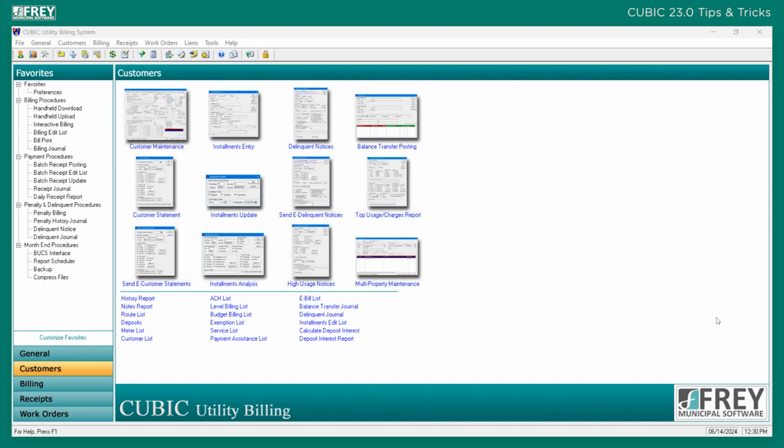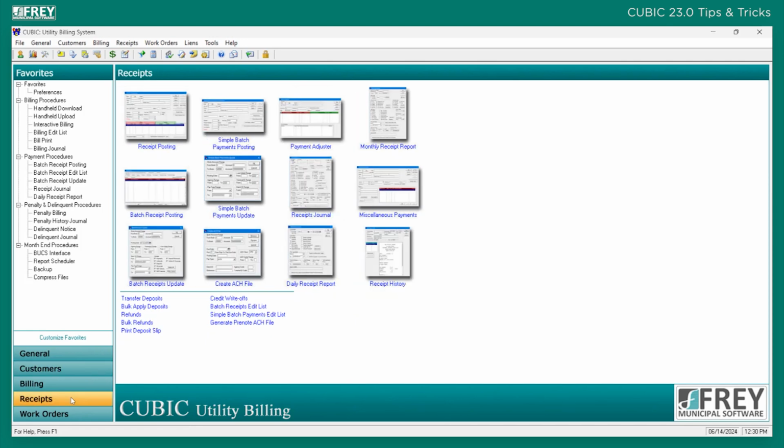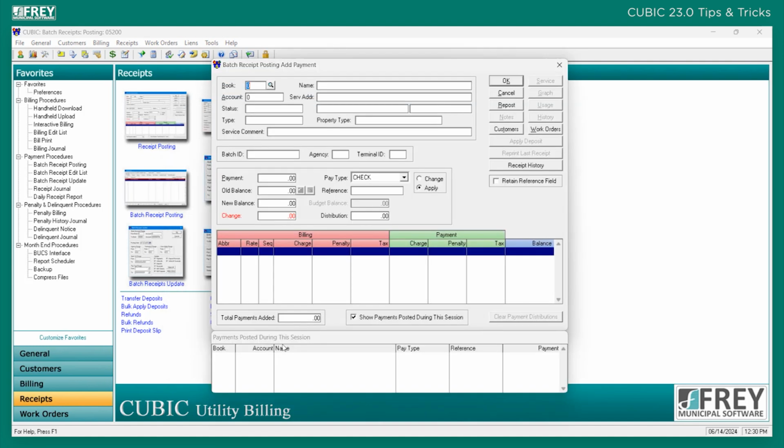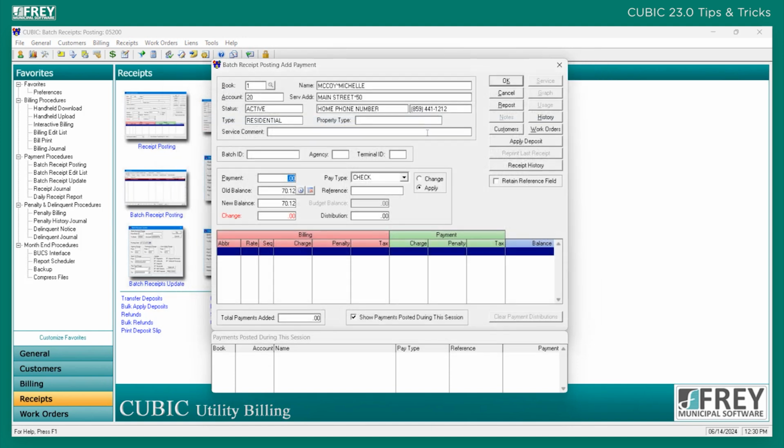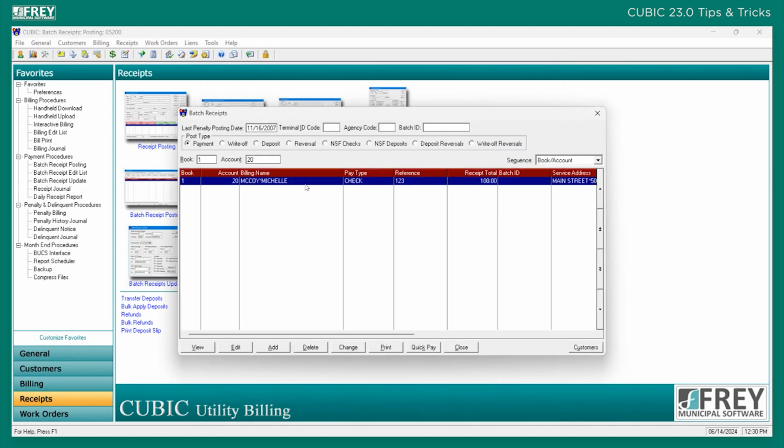What we're talking about here is if we go down into receipts, we can go into batch or simple batch. For this example, I'm just going to go into batch, say add, and add a receipt. Maybe I put in $100 here. It's a check, check 123. I'm going to press the OK button. Now while it's here, when I delete it,